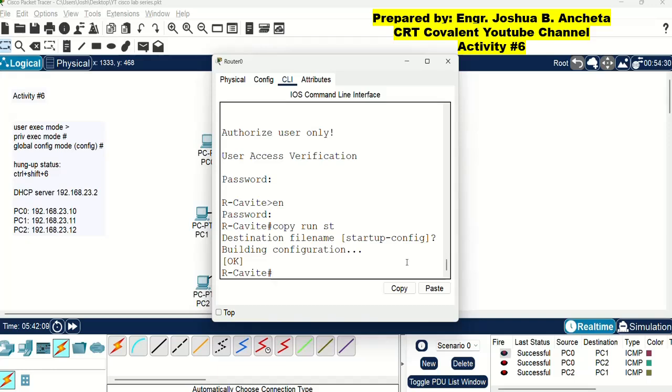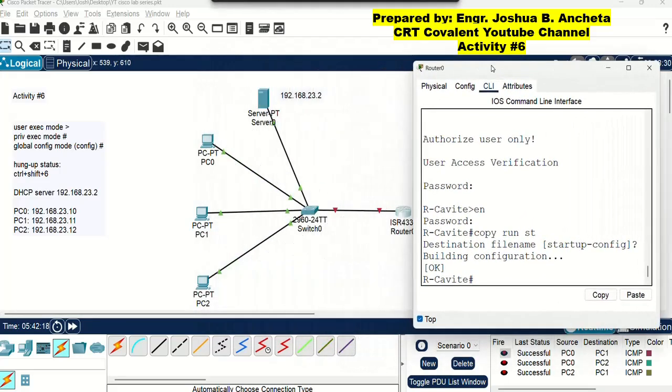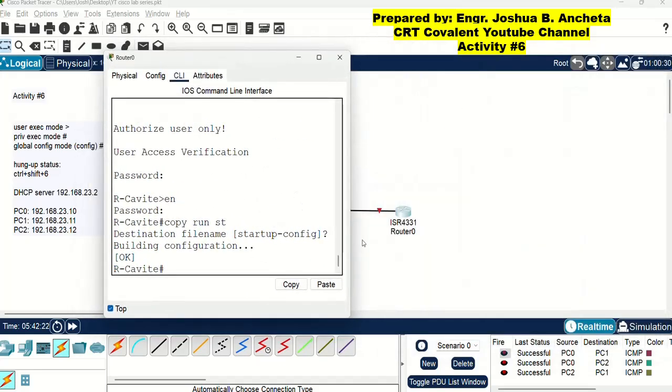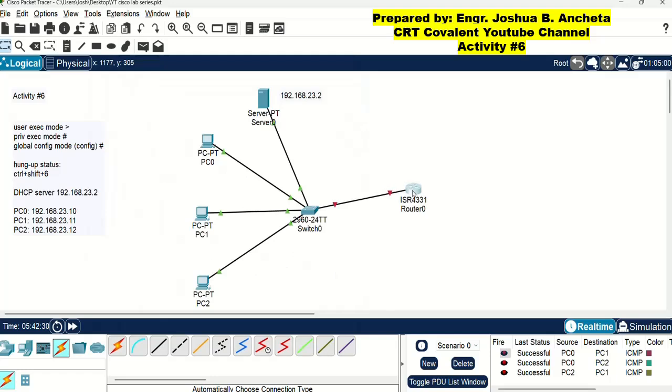We are now ready to put an IP address on our router. But first, we have to check the important ports of this router, the entry port and the exit port. So let us check by putting our mouse or cursor here.